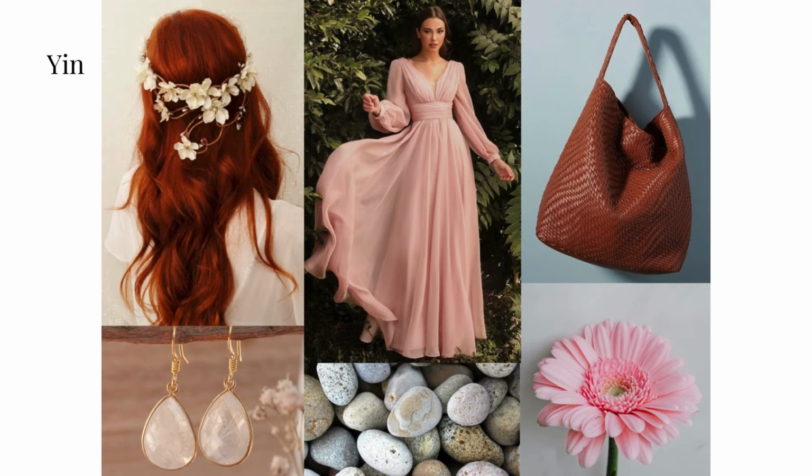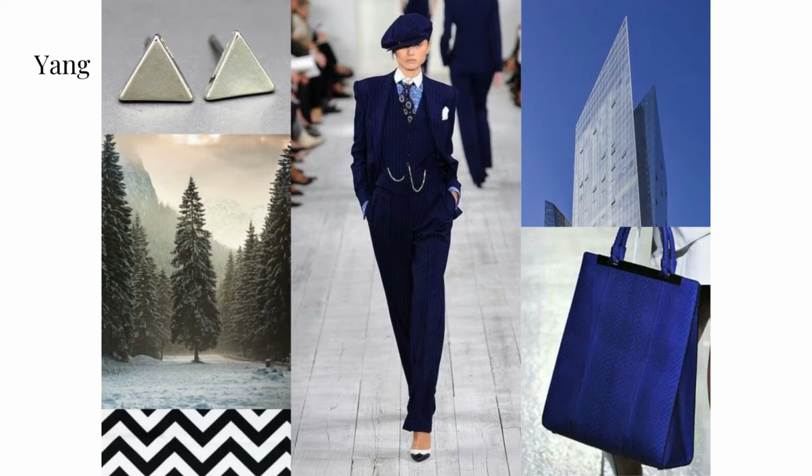And now let's learn the Kibbe language, starting with yin and yang. The Kibbe system essentially measures a person's yin and yang composition to determine which category or body type they belong. Yin encompasses all that is soft, small, curved, and rounded. In short, yin refers to elements that are traditionally considered feminine. Yang encompasses all that is hard, sharp, elongated, and structured. In short, yang refers to elements that are traditionally considered masculine.